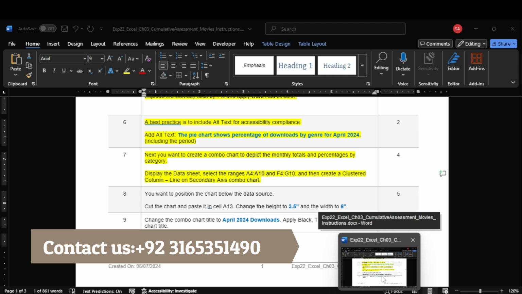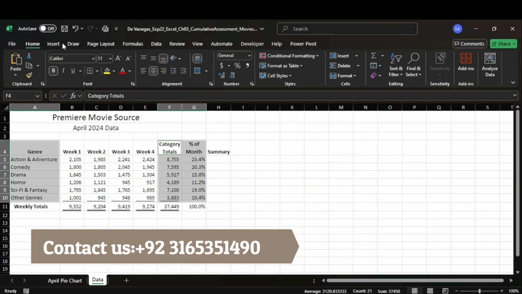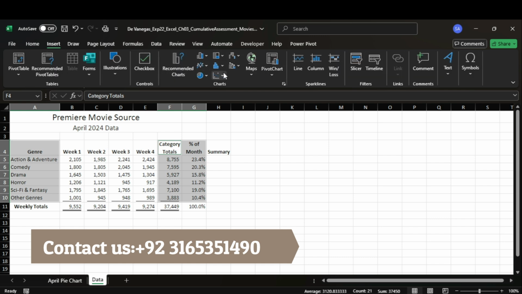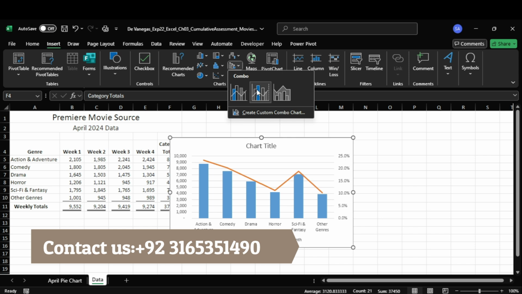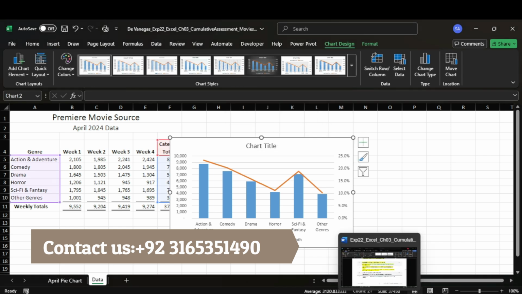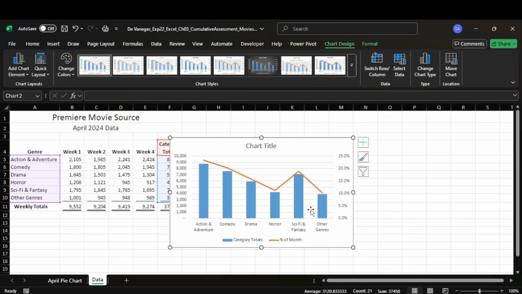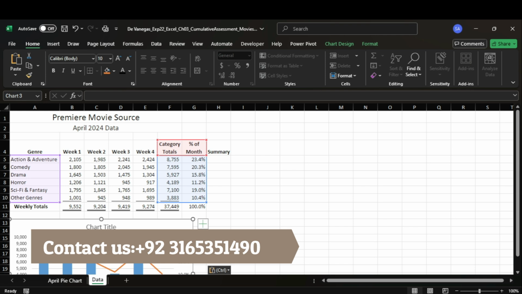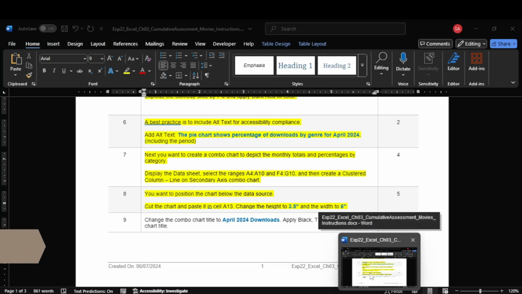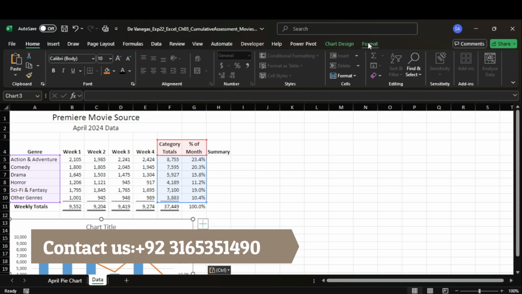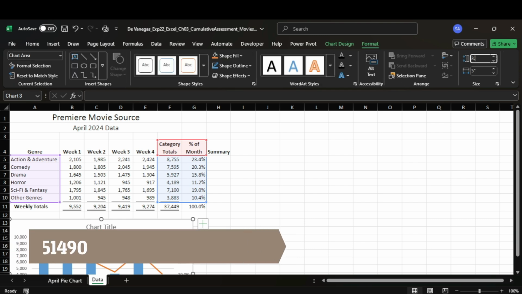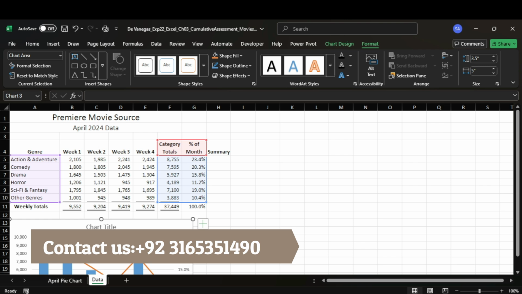Create a clustered column line on secondary axis. So we will move toward here, clustered column line on secondary axis. In the next step, eighth step, it says cut the chart and paste it in cell A13. So we will cut this chart, paste it in A13. Change the height to 3.5, width 6,